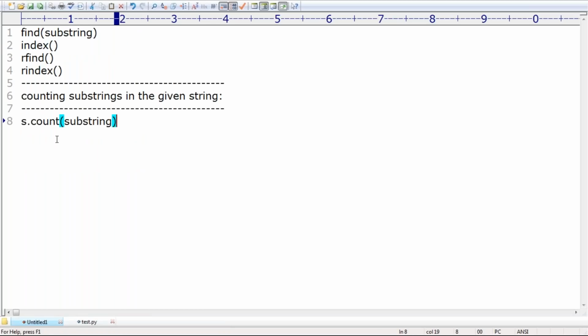Sir, how many times a particular substring is present, if you want to know, directly you can go for the count method present inside the string class. Remember this one, sir. Next, my requirement is there is one more method, sir: s.count of substring